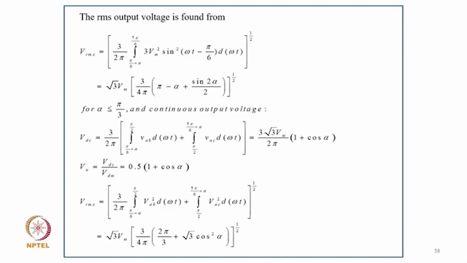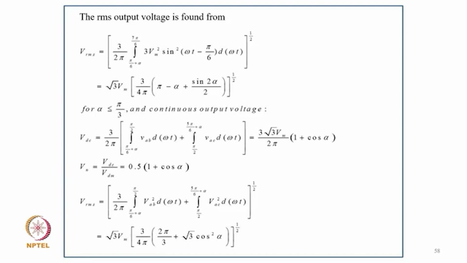So Vdc equal to 3 upon 2 pi, integral from pi by 6 plus alpha to pi by 2 of Vab d omega t, plus integral from pi by 2 to pi plus alpha of Vsc d omega t, equal to 3 root 3 Vm upon 2 pi into (1 plus cos alpha), and then Vn equal to Vdc upon Vdm, that is 0.5 into (1 plus cos alpha), and Vrms equal to, in bracket, 3 upon 2 pi